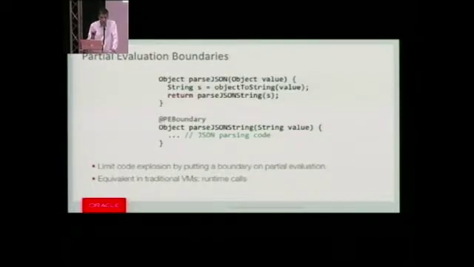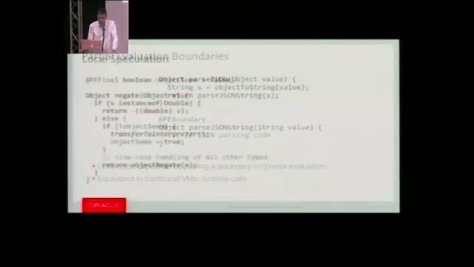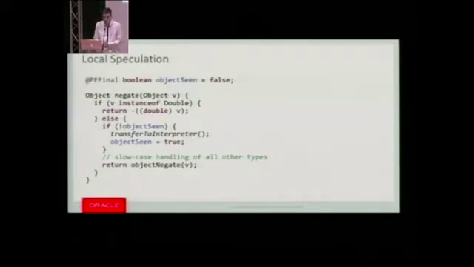The second element, and because we are focused on dynamic language execution, the second element that we introduced to make this partial evaluation work in practice is local speculation. One of the things you can do with variables is you can say they are partial evaluation final, which means the compiler during partial evaluation will assume those fields and variables as constant. So I have a little example of a dynamic language construct that implements negation of a value,